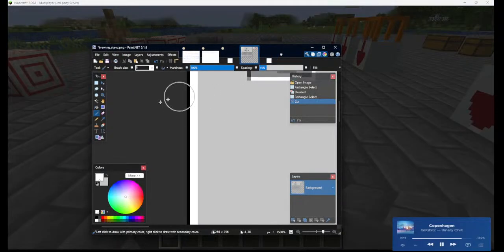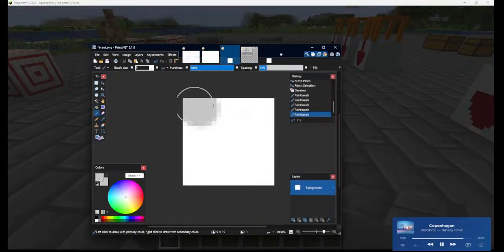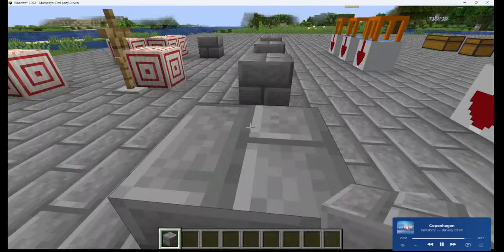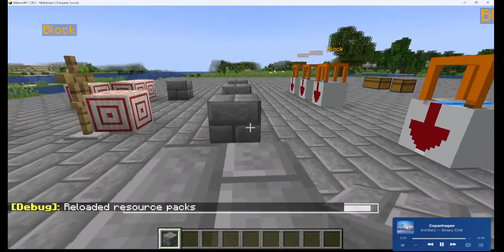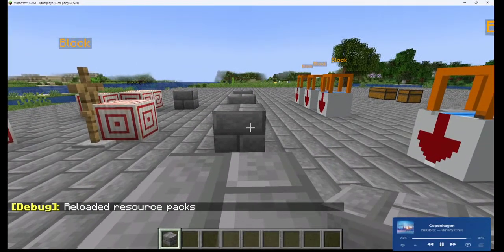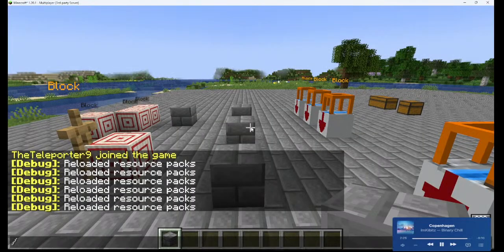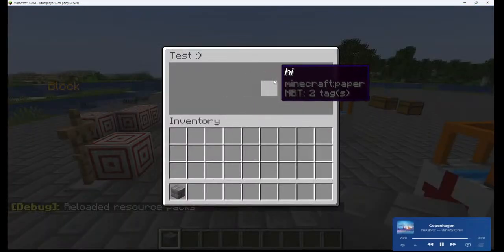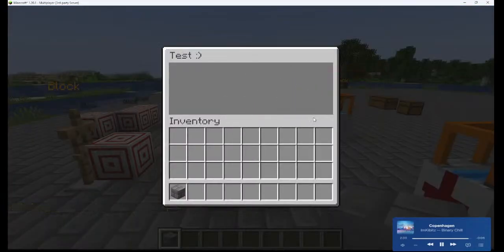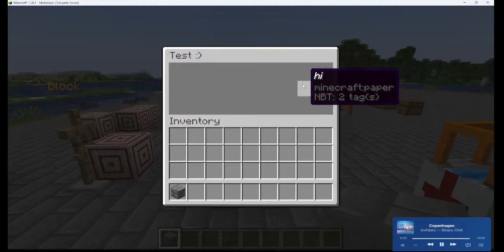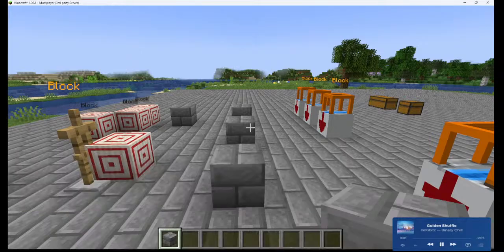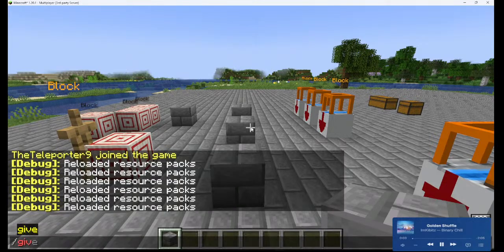If I open the Minecraft UI and copy this, go back to the paint program, and save it now, then go back here and press F3 and T, which is the combination to reload everything, and go back inside and just do /tui, it's darker, or it stays the same basically. So that's what I'm currently working on. I don't know if it's to do with the lighting or not, because if I give myself /give @s